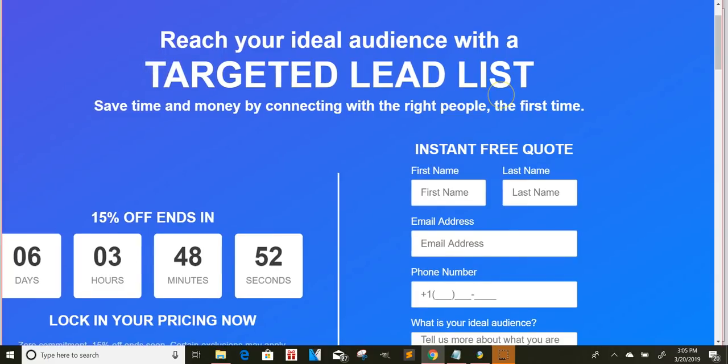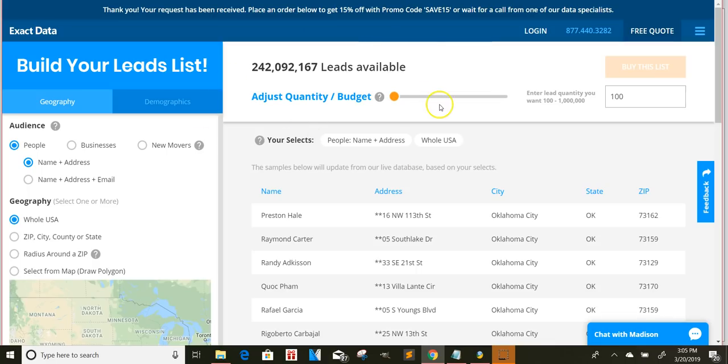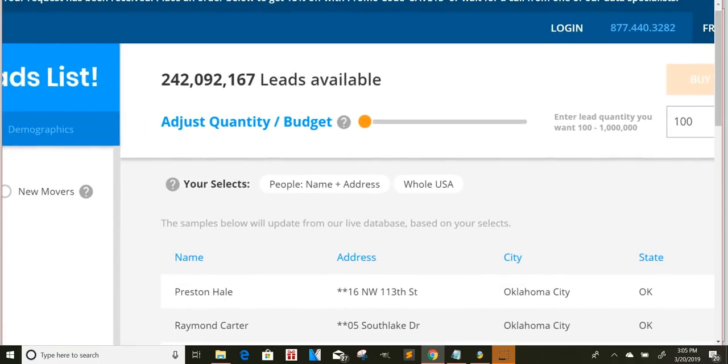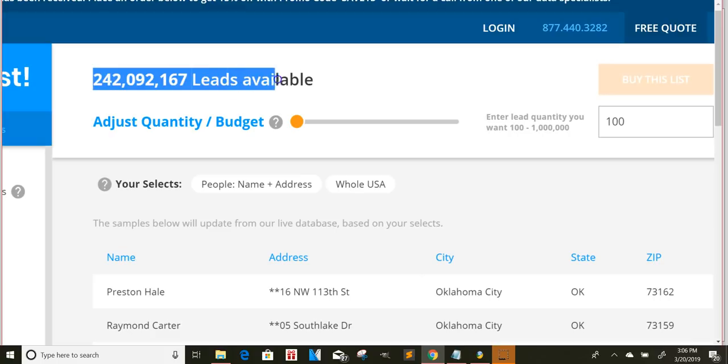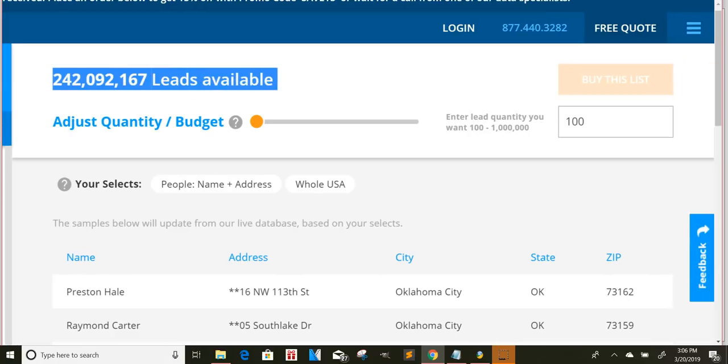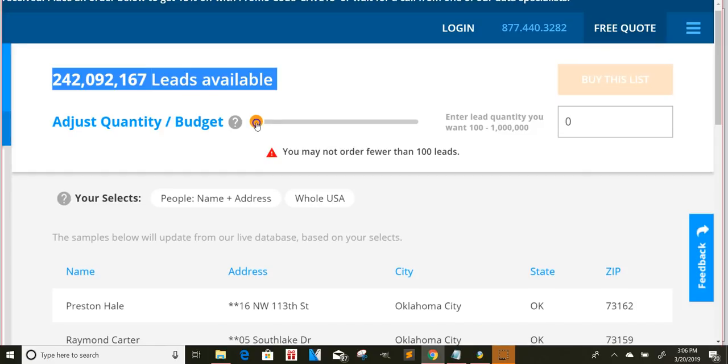But just to give you an example, for this website here, once you fill out this form, it'll send you to a page like this. So this is how many leads they say they generated from the information that I put in, that's available to me. Okay, so if I go in here and put how many leads I need for my business, let's say I put just around